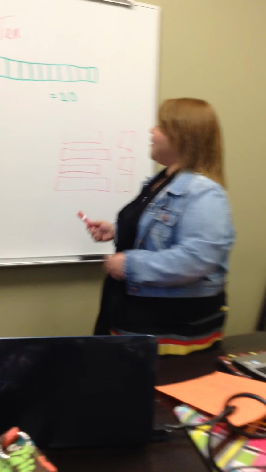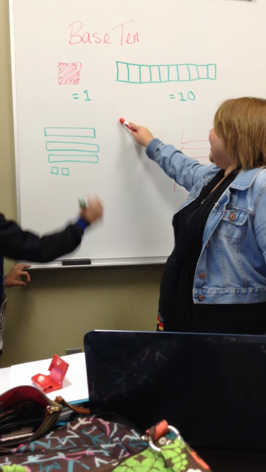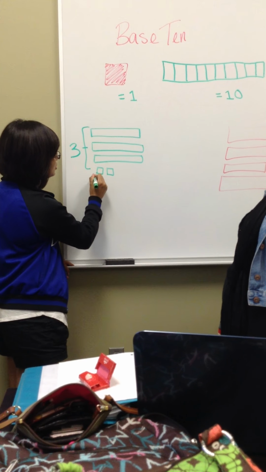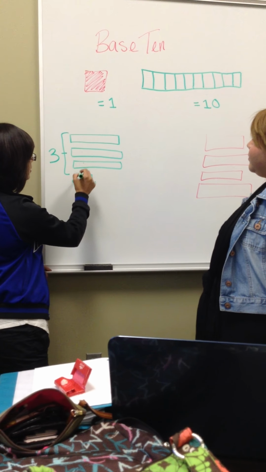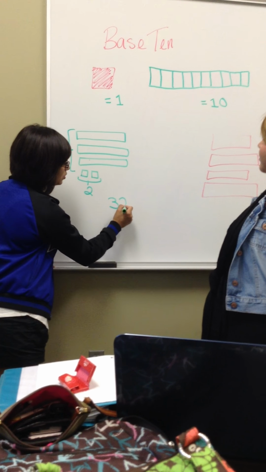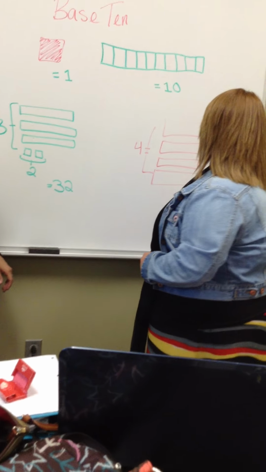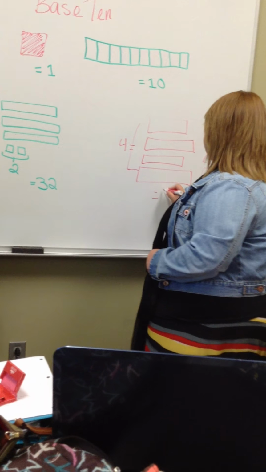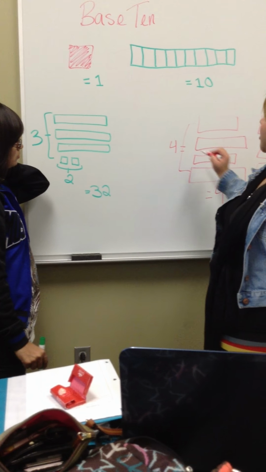Okay, so let's count what Amanda drew out. We have 3 tens, and then we have 2 singles. So it'd come out to 10, 20, 30, 31, 32 total. And over here, I drew out 4 of the 10s and 3 of the singles. So then it would equal 43. Now we can go ahead and combine these two again